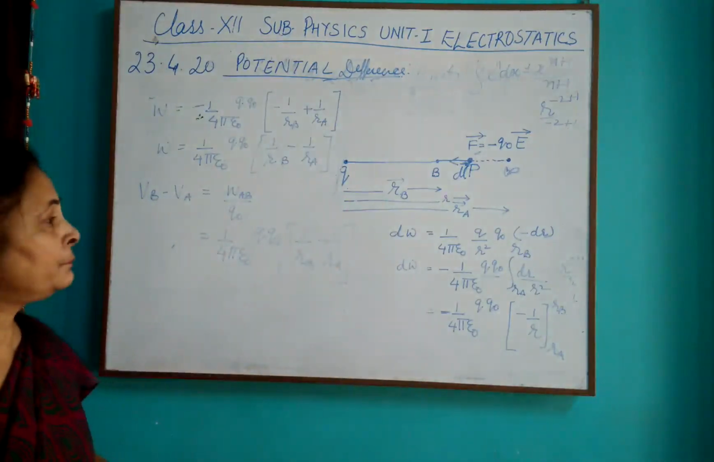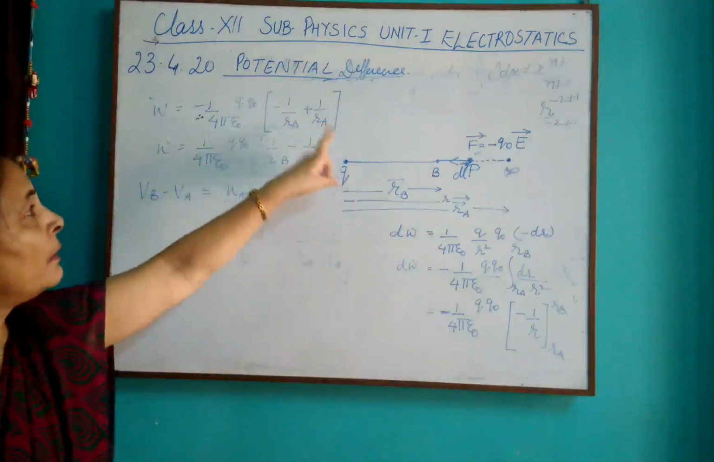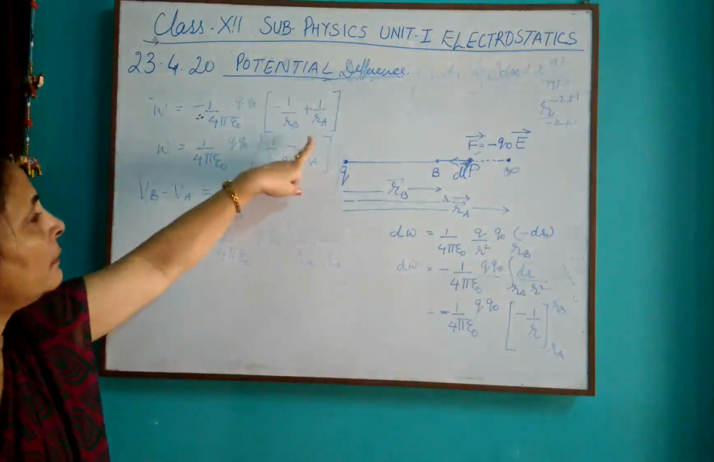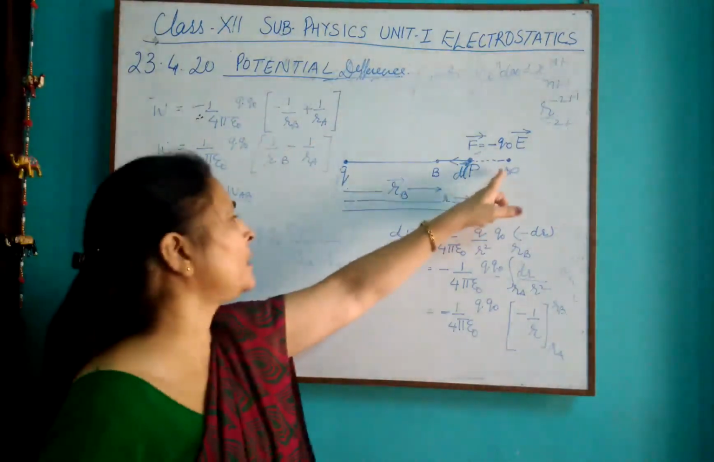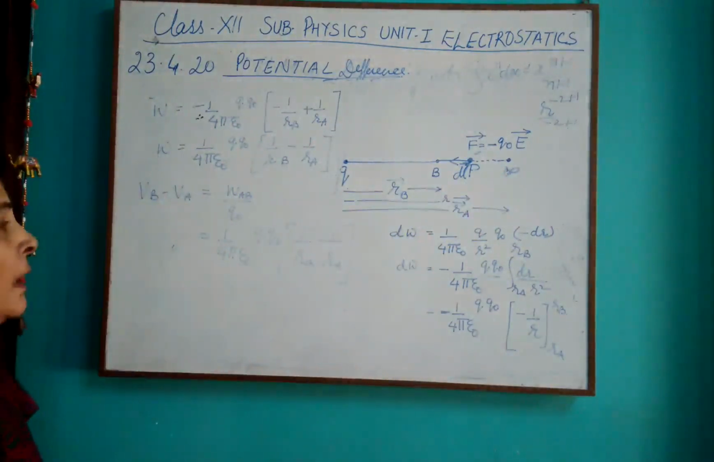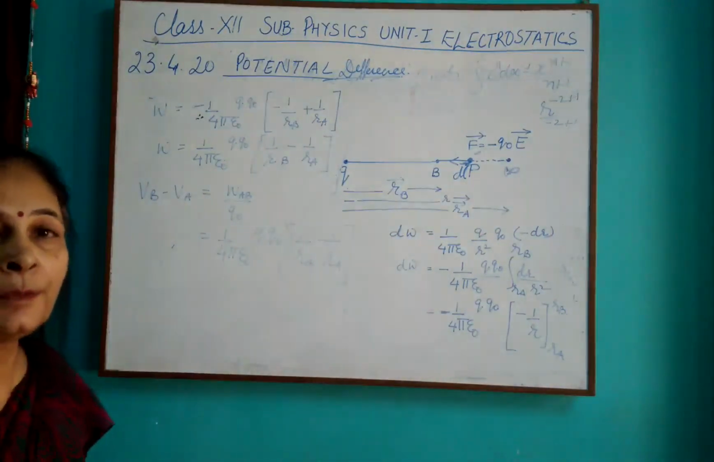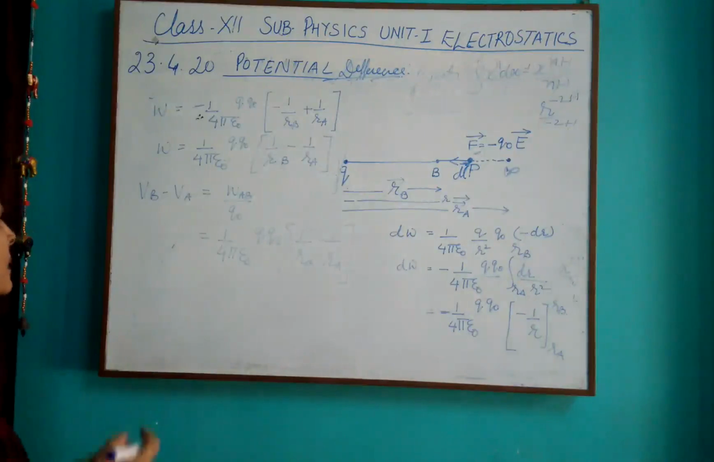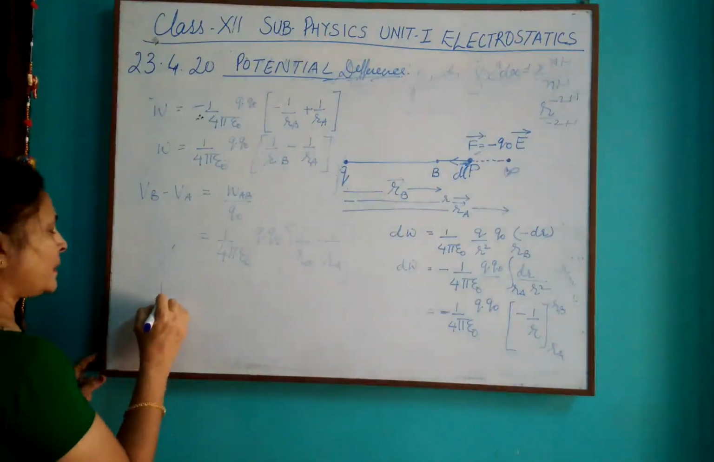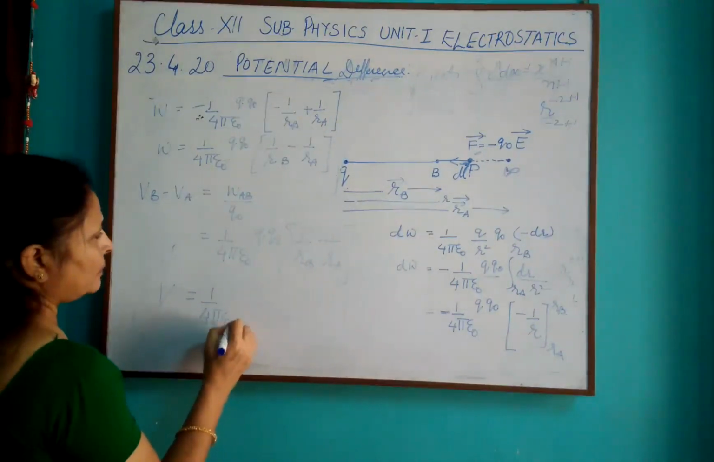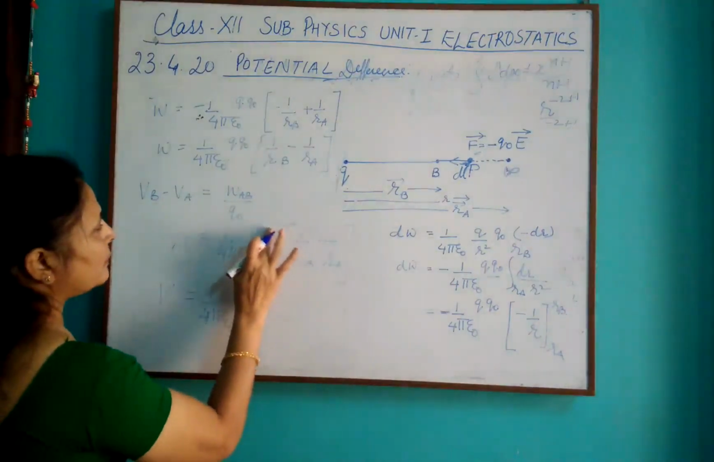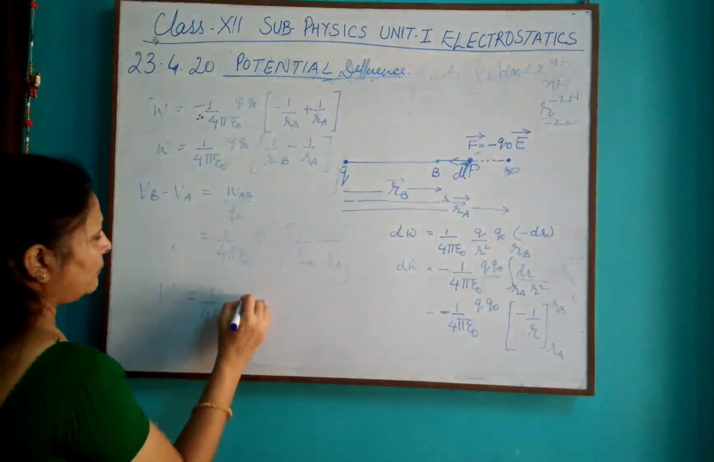Now what we'll do? For finding out potential at a point, you have to just keep RB is equals to infinity, and then whether you write down RA or RB or R, they are going to be the same, and we'll get an expression for potential as 1 upon 4 pi epsilon naught Q, Q naught will be removed, 1 upon